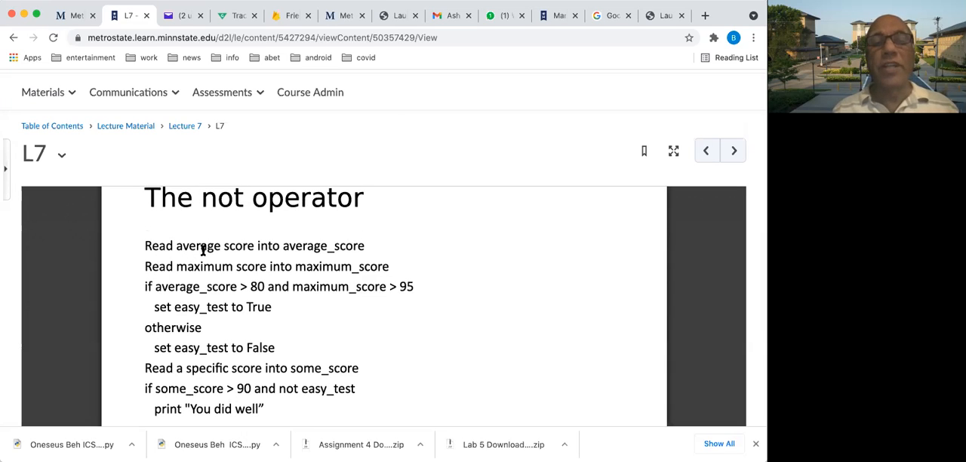For example, read the average score of a test into the variable average score. Read the maximum score, whoever got the maximum, that value, maybe 95, whatever, into maximum score. So you have two things. This is an example of using the not operator. The average of the test and the maximum value